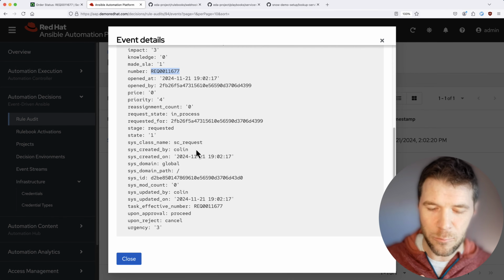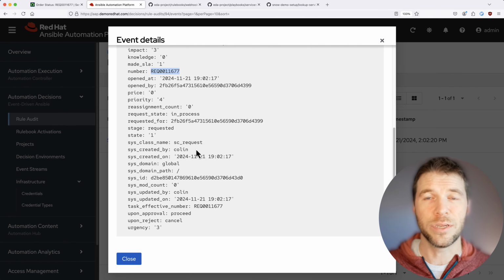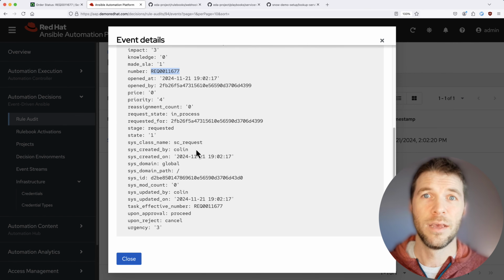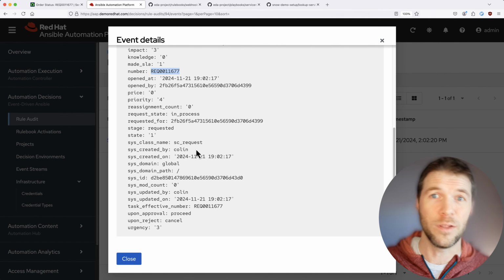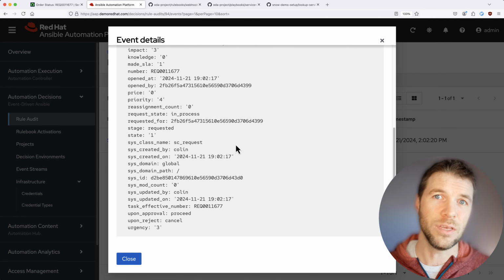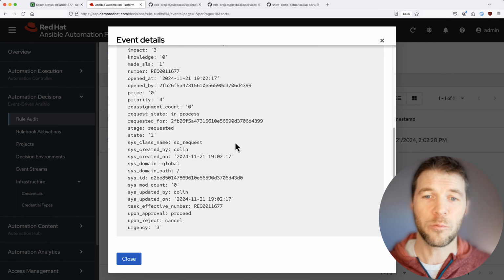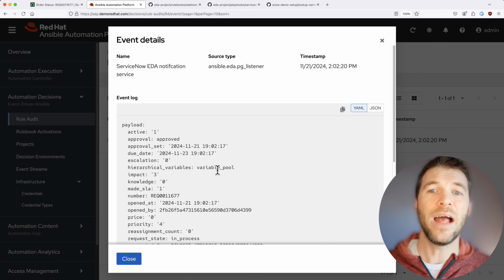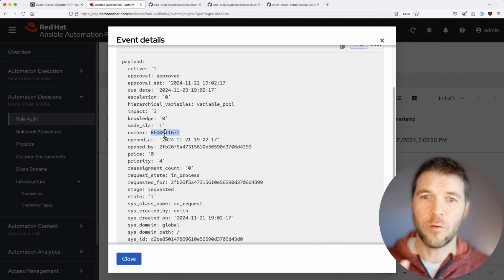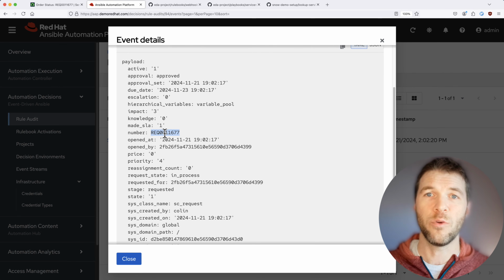Occasionally, when you're working with event-driven automation, your original event doesn't contain the entire payload that you would need to make a decision on whether or not we're going to run some action in response to this event. So we're going to do something called event enrichment. I'm going to take this original payload, and then I'm going to use this top-level request number and ask ServiceNow for more information to enrich this event